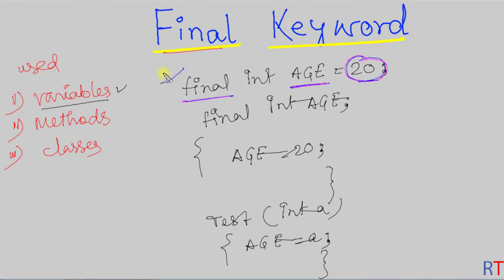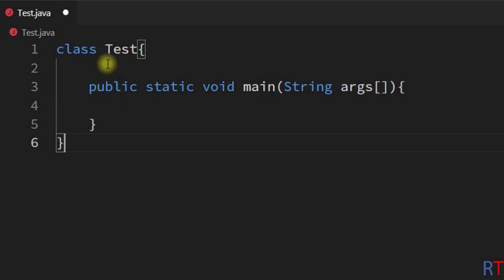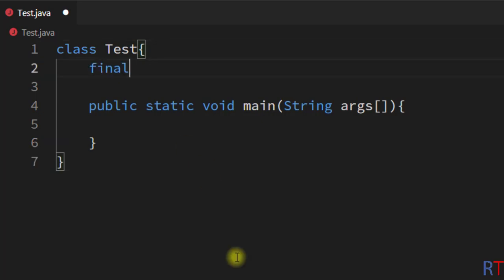We can directly initialize that at the time of declaration, or we can first declare it and then use an instance initialization block and initialize that final variable later on in our program. Or we can first declare it and then use the constructor of the class to initialize that final variable. So in this example program we have one class called Test, and inside of the class I'm going to create one final variable. So first you have the final keyword, then the data type of the variable like integer,